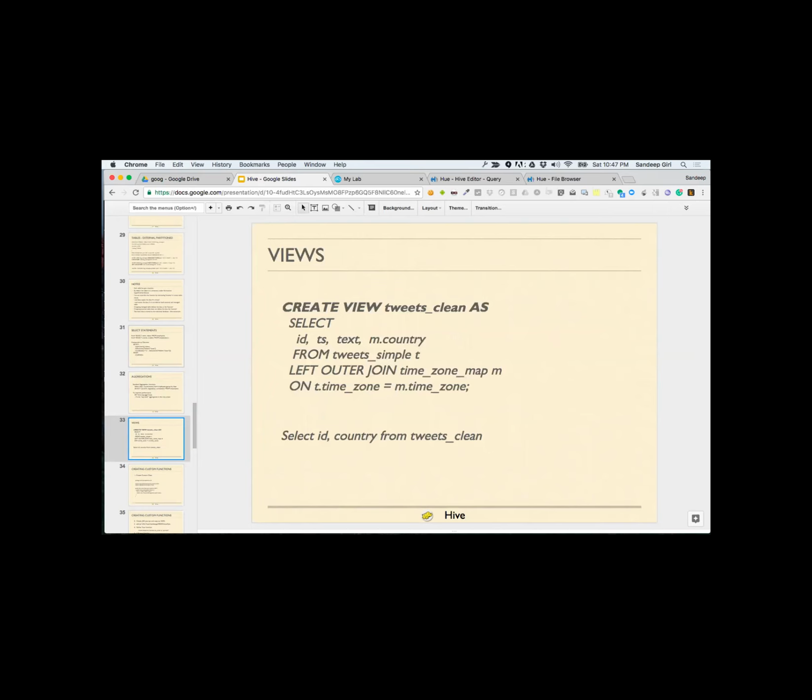Let's say you have tweets and a query that cleans the tweets. Although the same can be created as a separate table, it will take more space, and second, the data might go stale. So in case you do not want to keep intermediate data, and the only objective in your mind is to simplify the query, then you use views.